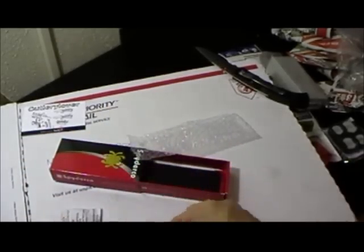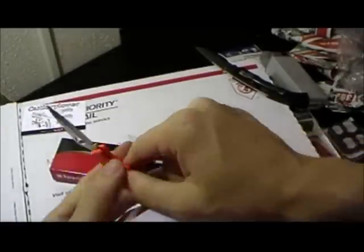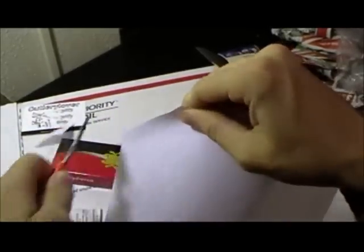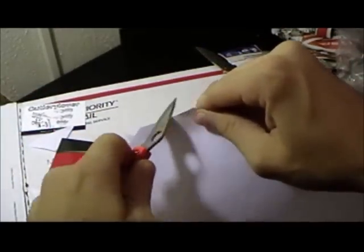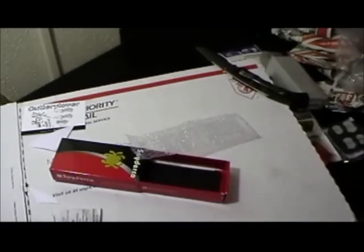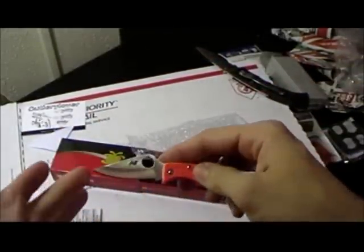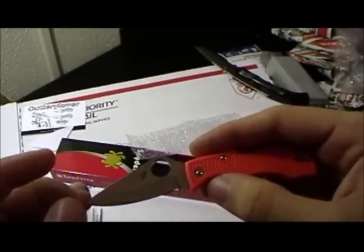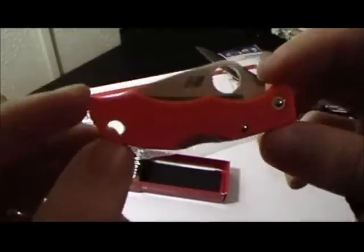Huh. Well, we have to see how sharp this is, don't we? Alright. Whoa. There we go. The choil doesn't cut well. Imagine that. Yeah, it's sharp. That's so cool. It would probably be a pretty decent EDC for most small cutting chores. However, because it's a limited item, I may end up just turning this into a safe queen. I hate to do that, but